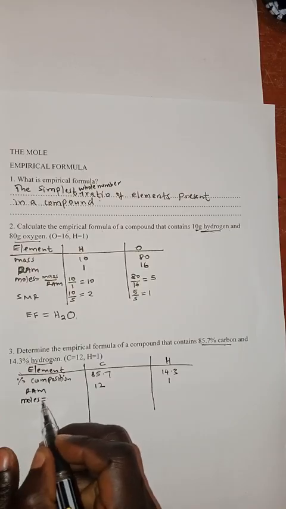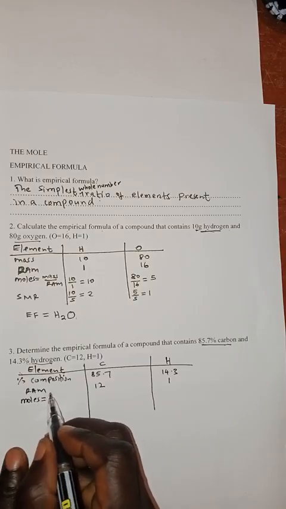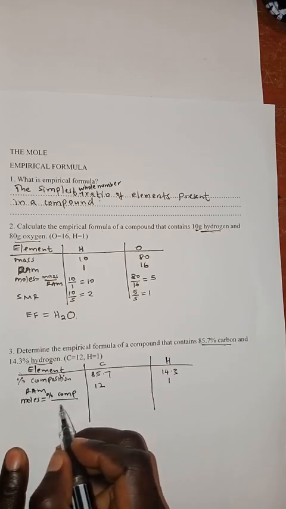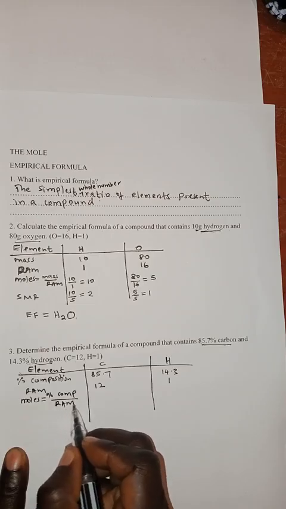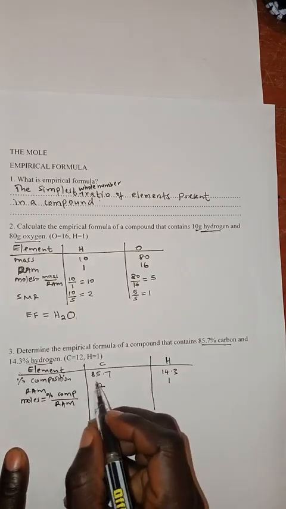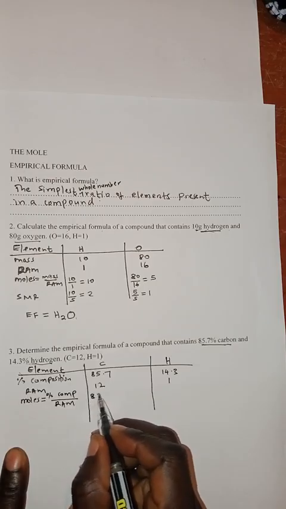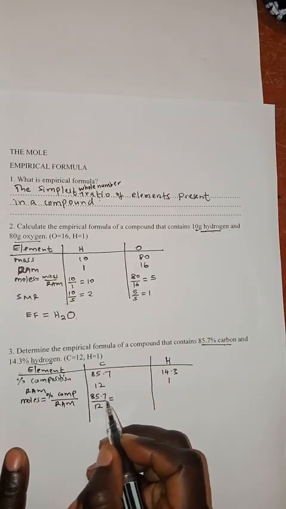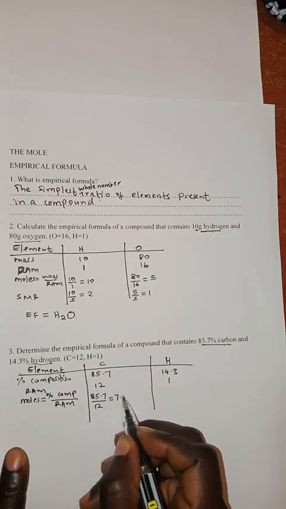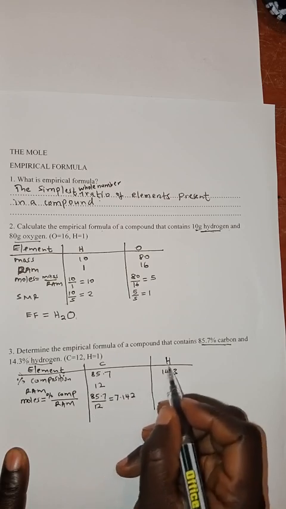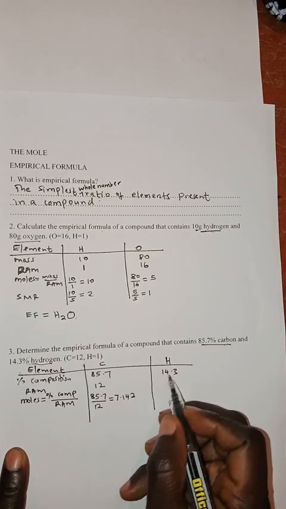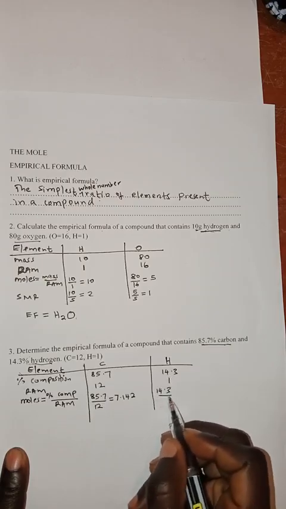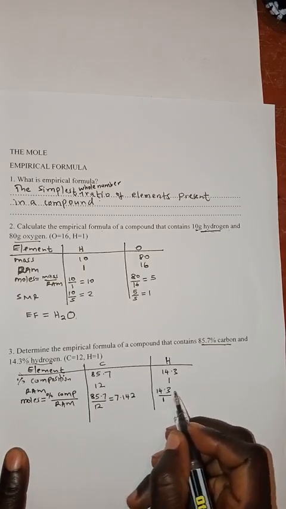We can calculate moles in another way, by saying moles equals percentage composition divided by the relative atomic mass or molar mass. The moles of carbon is 85.7 divided by 12, and that gives you 7.142. The moles of hydrogen equals the percentage composition of hydrogen, which is 14.3, divided by the relative atomic mass, which is 1, equals